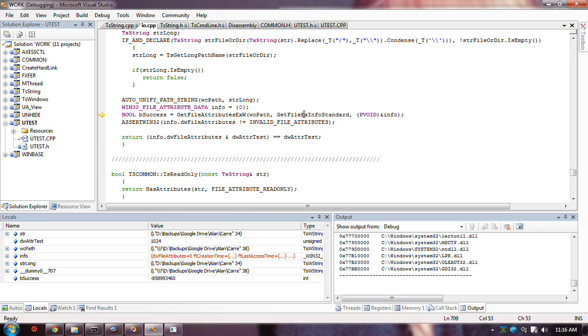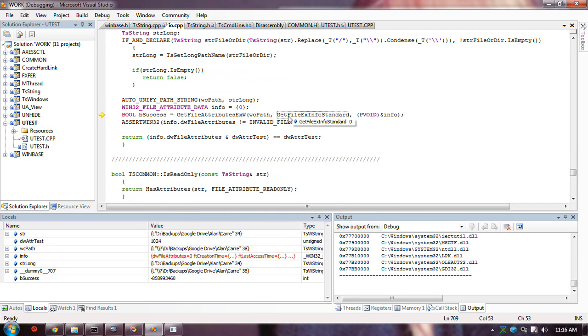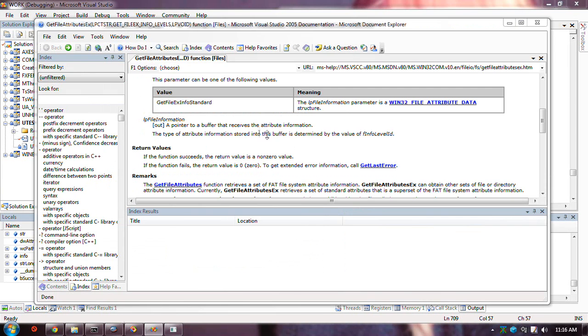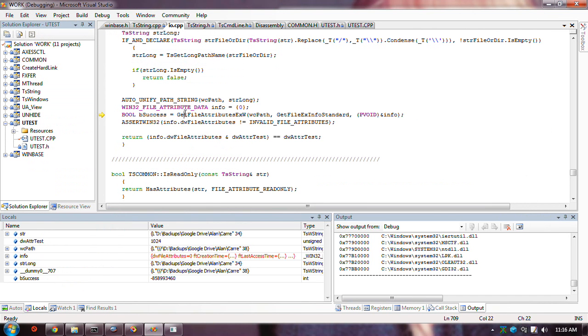This here, although it looks like a function name or something, is in fact just a number defined. 0 and 1, and this 1 is invalid. As far as the help says, the only valid value to put in is this one. I still have it up here. Yeah. See? Can be one of the following values, that, and not the other. It's defined, but it doesn't do anything.